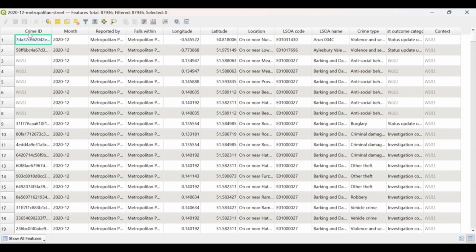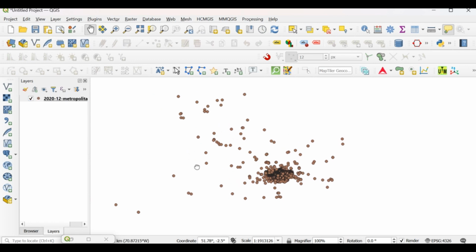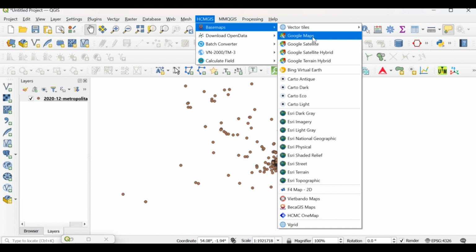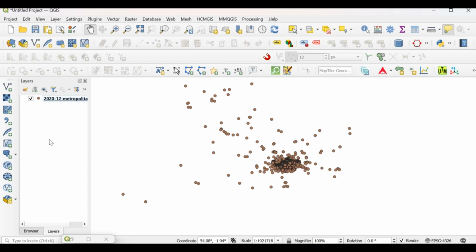So we have the month, the crime ID, the longitude, latitude, also the crime type, but we are most interested in displaying the intensity of certain crime types. To just give this a bit of context, we can, for example, add a base map, or even just a world map layer.